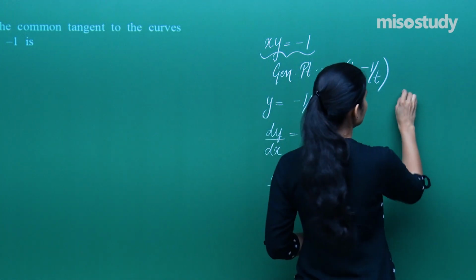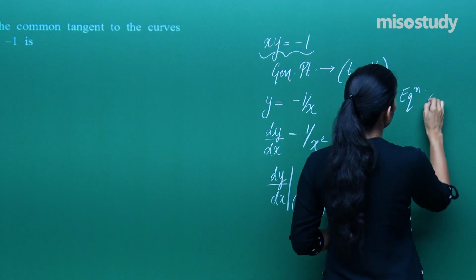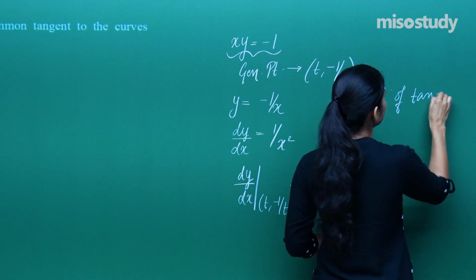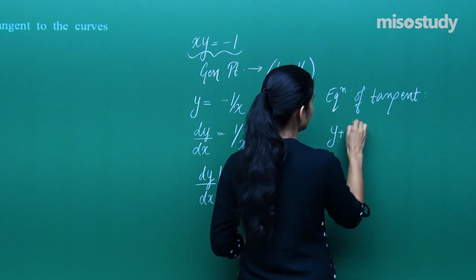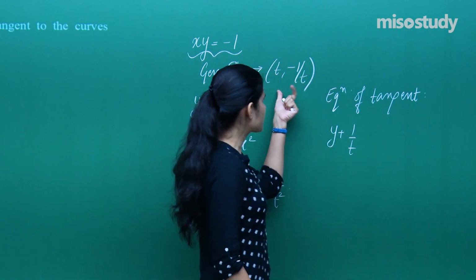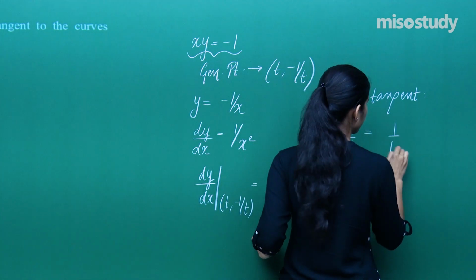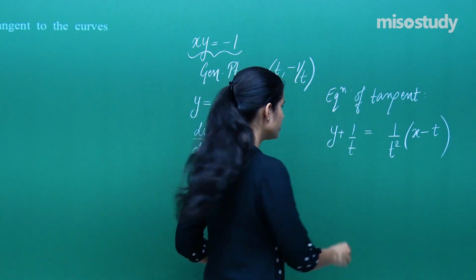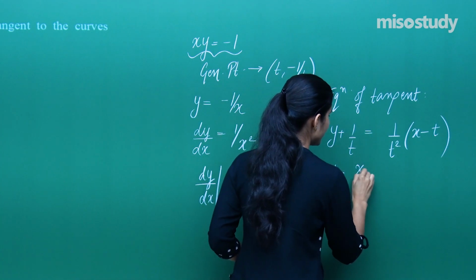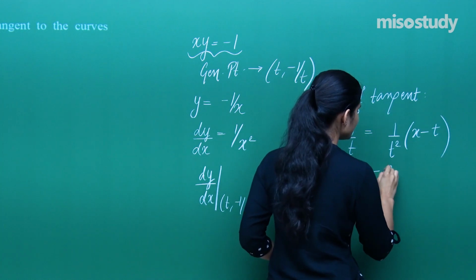Therefore, the equation of tangent to this curve at a general point will be y minus y1 equals the slope into x minus x1, where this is (x1, y1). So this gives you y equals x by t square minus 1 by t minus 1 by t, so minus